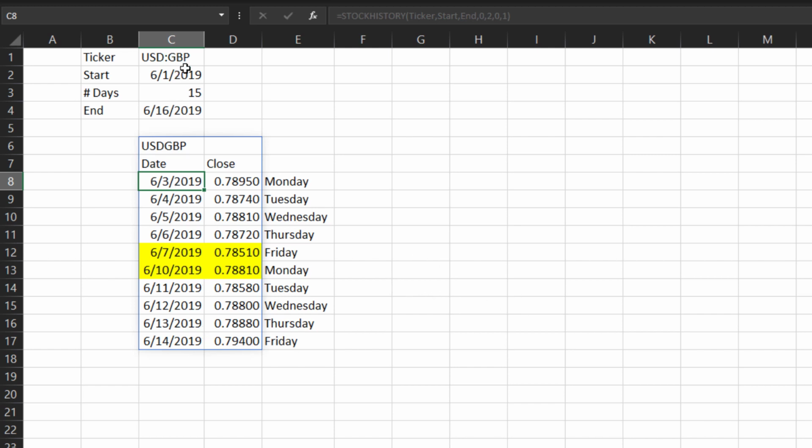So when I put the USD British pound, it doesn't populate a rate for Saturday or Sunday. So it goes from the 6th, 7th, skips the 8th and 9th, it picks up on the 10th. So if you're getting your data from maybe this stock history or wherever Microsoft's getting their data from, this could be a common issue. So I thought that was kind of interesting to see that, this issue that we're solving